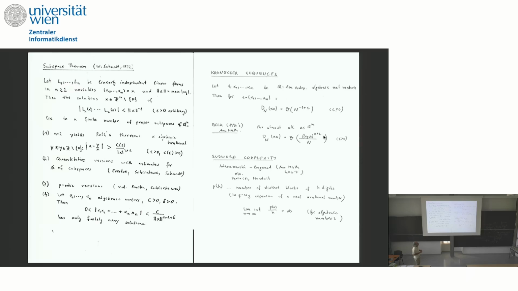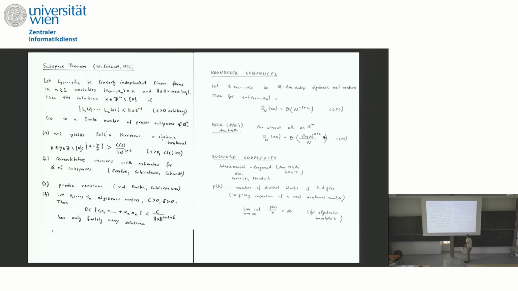Wolfgang Schmidt, in his lecture at that time, 50 years ago, showed that for such multidimensional sequences, we get for almost all alpha, so in this probabilistic metric sense, the discrepancy bound